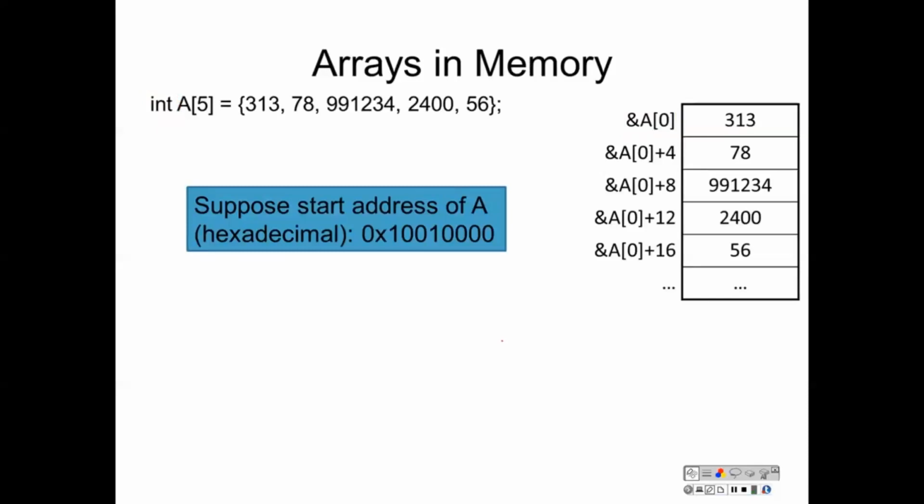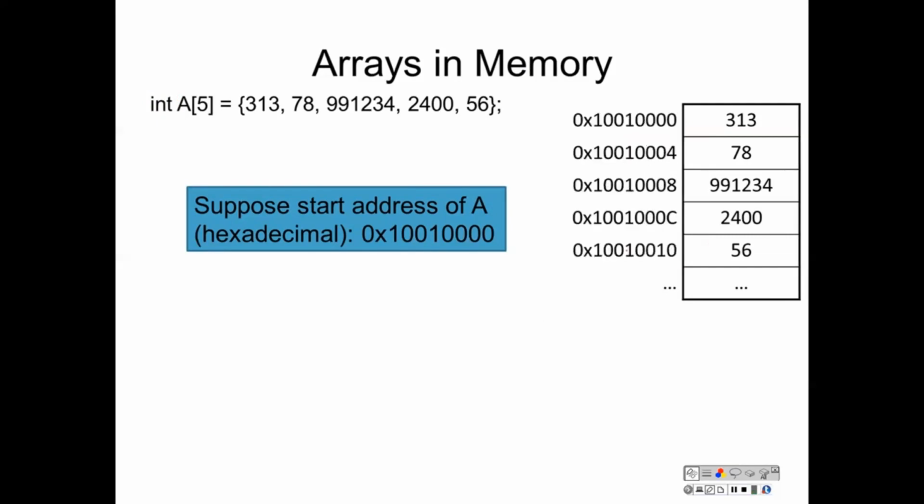Now, let's suppose that the start of the array A is in hexadecimal 1001000. That means that the address of the 0th element of the array will be that number, 1001000. Thus, we can replace our notation here with that number. And the 0th element starts at 10010000. The next element starts at that number plus 4. You can see that each subsequent word starts at 4 bytes offset from the previous,